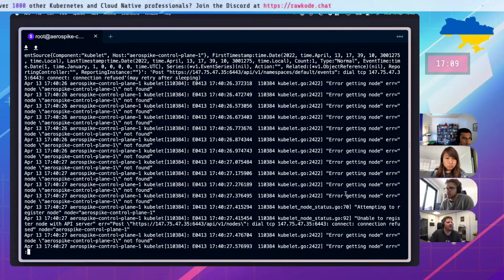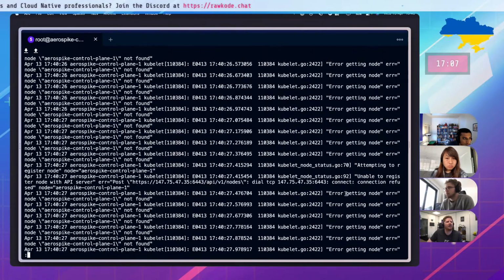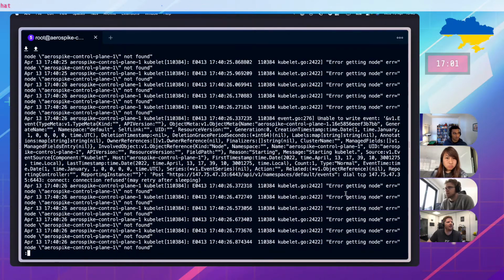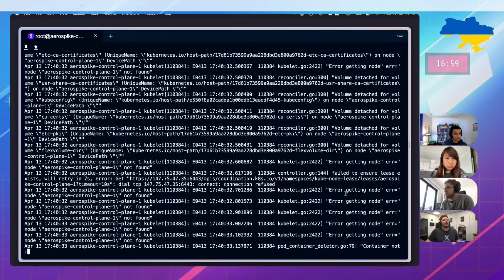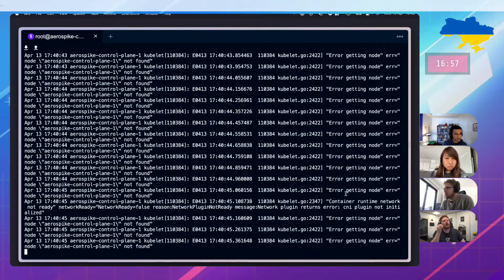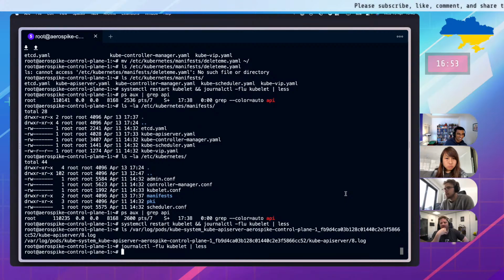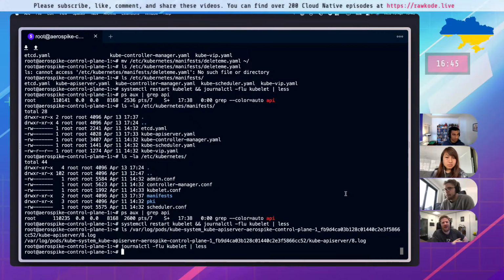So maybe we still need a CNI plugin thing, but maybe I'm wrong. There's that log about the CNI not being initialized yet. Okay, because I'm really confused, so I feel invested in this. But we have a bunch of static manifests in etc/kubernetes/manifests. Can we verify that any of the control plane components are running via ps?